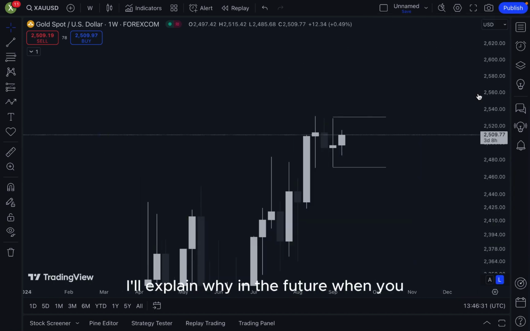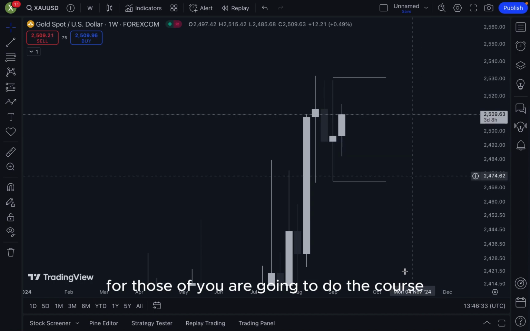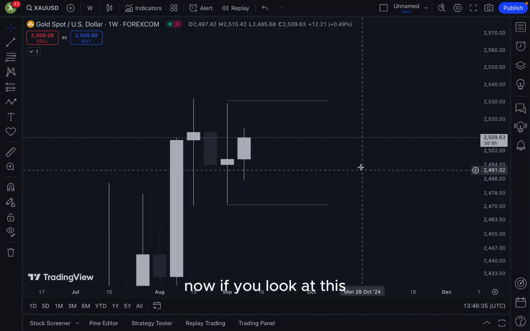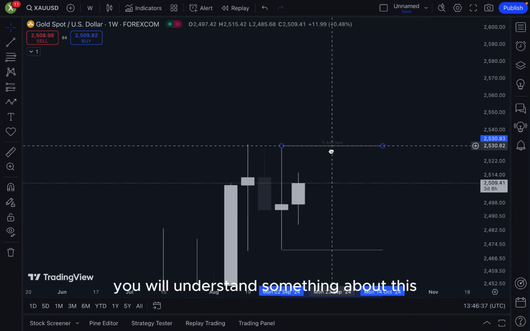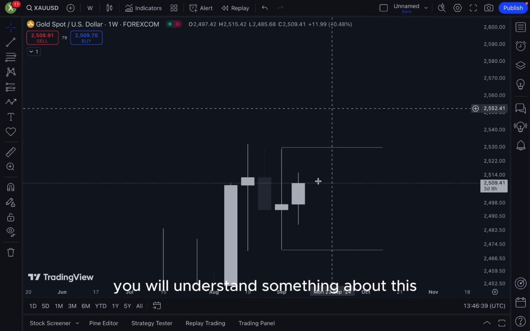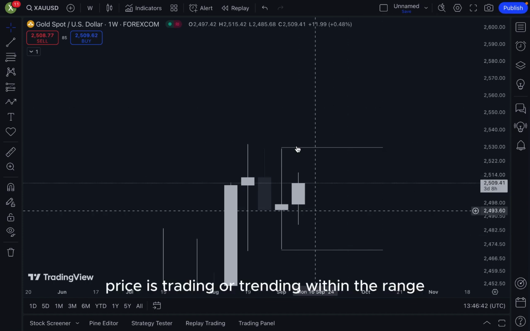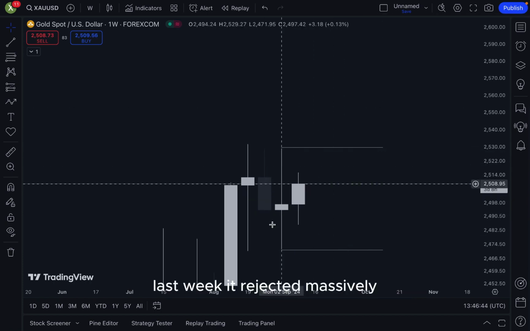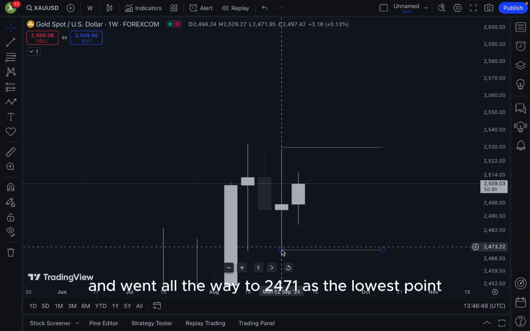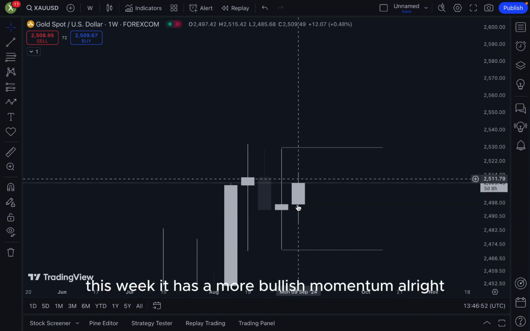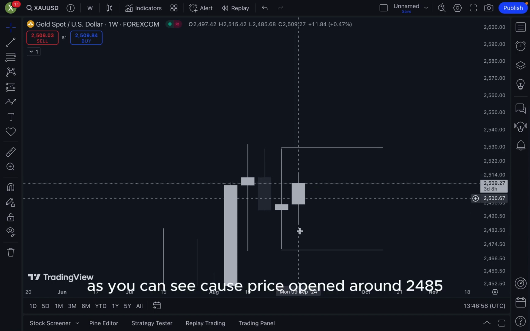I'll explain why in the future, for those of you who are going to do the course. Now if you look at this, you will understand something. Price is trading or trending within a range. Last week it rejected massively and went all the way to 24.71 as the lowest point. This week it has a more bullish momentum, as you can see, because price opened around 24.85 and